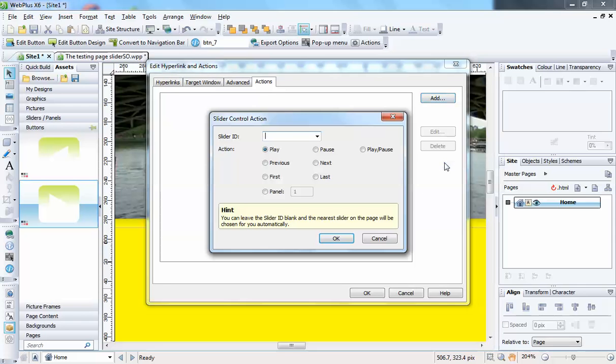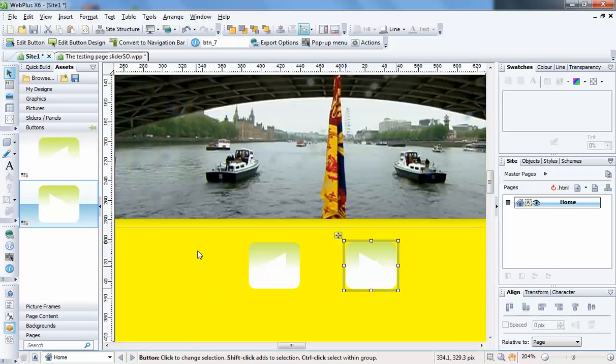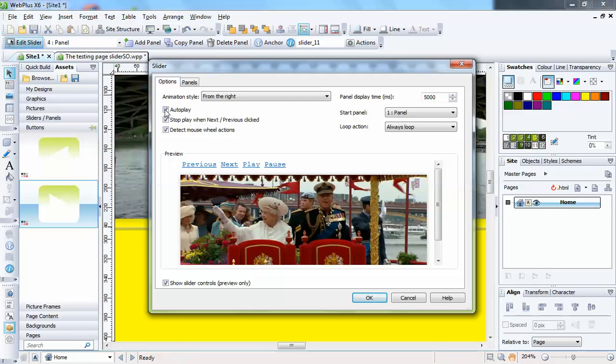It does say here, that hint, you can leave the slider ID blank and the nearest slider on the page from the button will be chosen for you automatically. So there's something you may want to try yourself. OK. OK that's fine. And what we'll do now, we'll just click the panel again and take off autoplay. Although it says here we've got stop play when next and previous clicked. So what we could do, leave that ticked, OK,